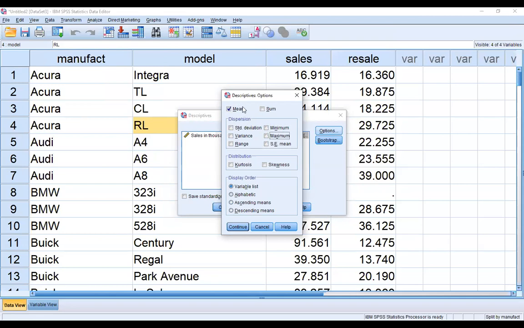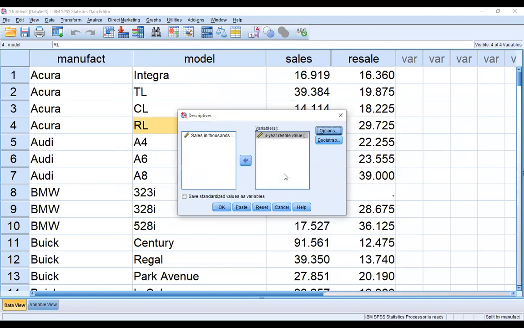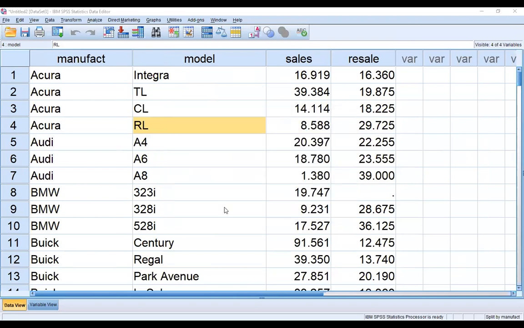Otherwise these will appear in the output. I need only the mean, so I tick only mean, and then Continue. Now I will get the mean manufacturer-wise, and then OK. Now we can see the table.